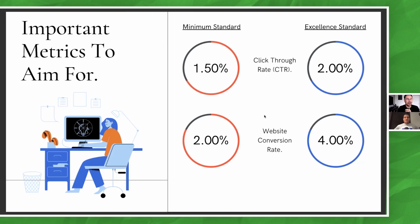No, they're not. They're not high ticket. I think they're selling like a $39.99 product. But it's unbelievable. I've never seen anything like it. It's crazy. But yeah, we recommend a minimum standard of 2%, but a good standard to aim for is 4%, and it's